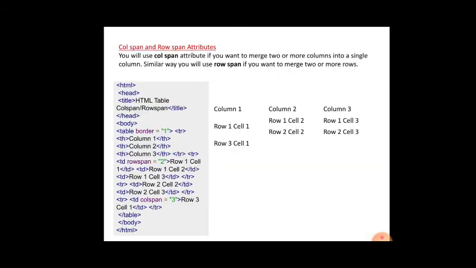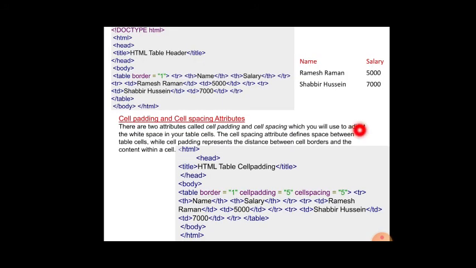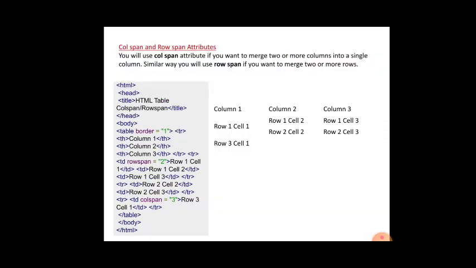Hope you understood the concept here. So cell spacing is the difference between the two cells, and cell padding is the difference between the border of the table and the data.